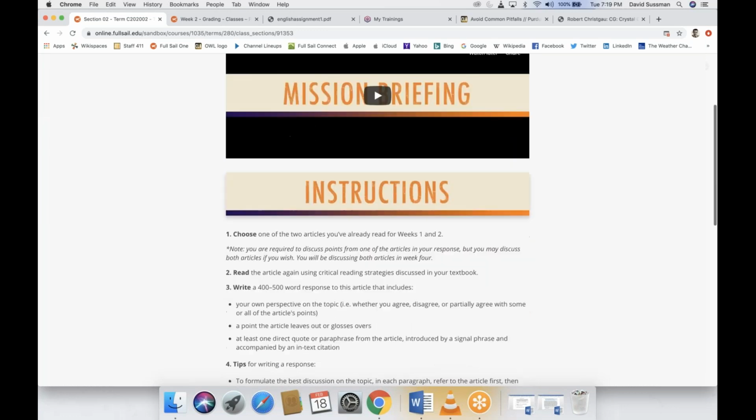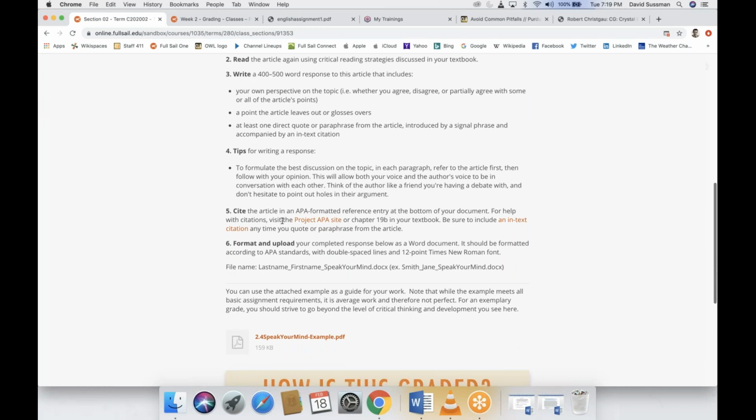Actually, I should have, well, I'll go back to it. I'll choose one of the articles at random and try to quote from it. You get some tips for writing a response. I'm going to basically give you the same information, but this basic tip is important